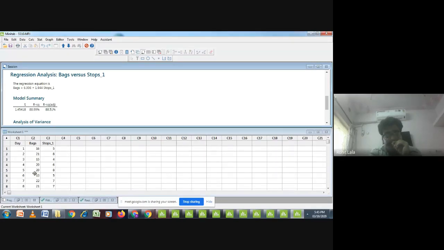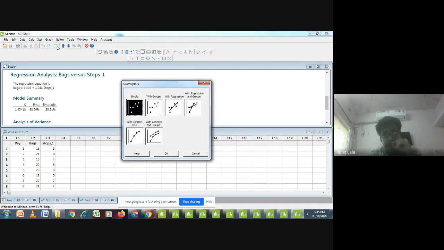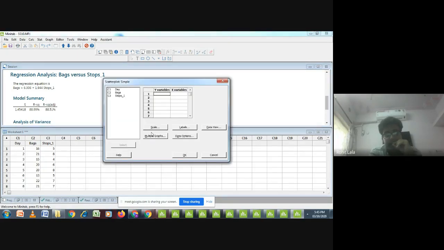Here my bags were there and the number of stoppages were there. See, the first basic thing if you want to check it is you need to find a scatter plot, because both the data are numerical. Just click on it, and apply your x and y variable. Obviously your stops would be the x variable and your bags would be the y variable.